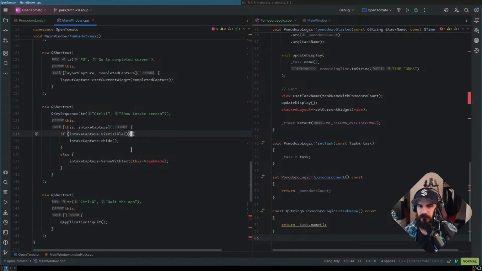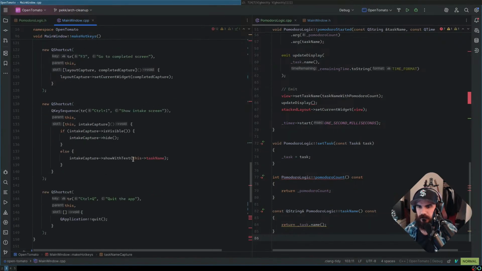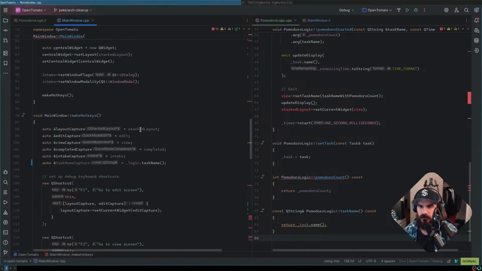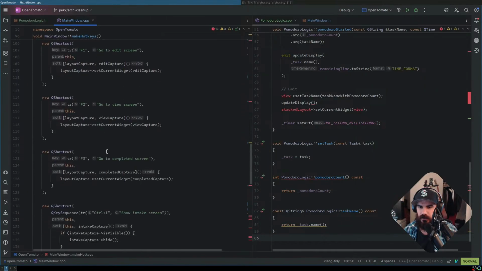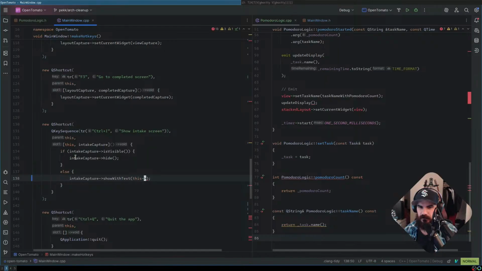Wait, no, that's not gonna work. Logic. I don't have a thing for logic capture.